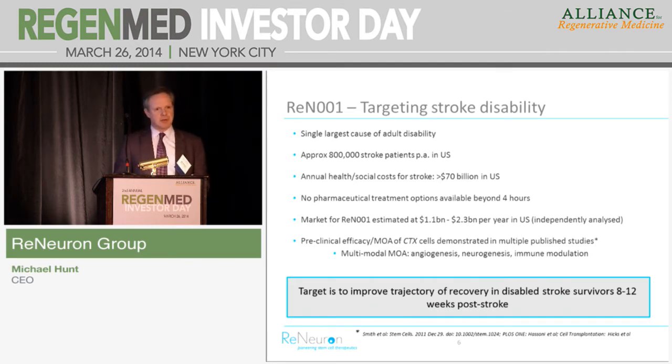We and our collaborators have published extensively preclinically, both in terms of the efficacy of CTX cells in validated stroke models and the mechanism of action that we believe are at work here. And again, in common with other cell types, this is a multimodal trophic cell therapy approach. Specifically, angiogenesis, neurogenesis, and immune modulation are the key mechanisms we believe are at work here in the brain with